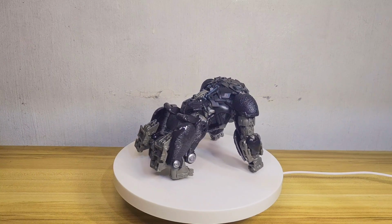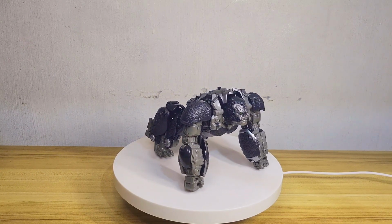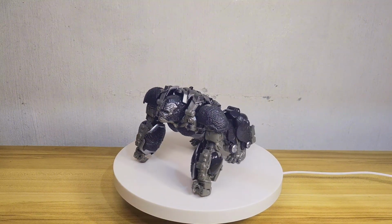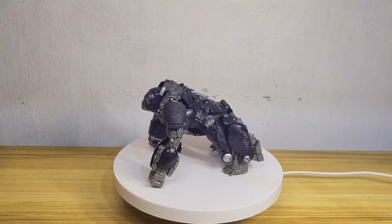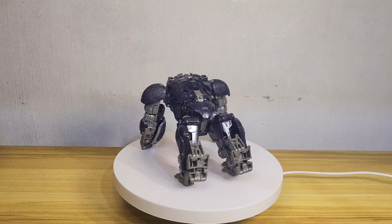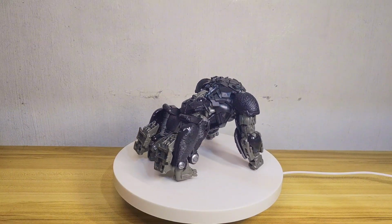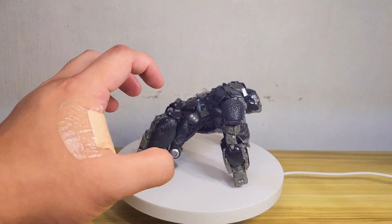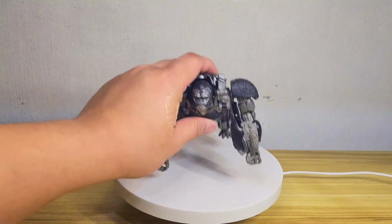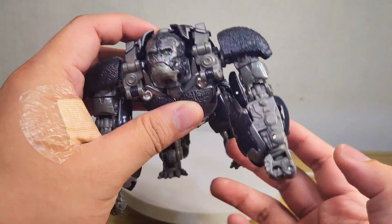I bought it from a collector who sold him as a set: Primal, Rhinox, Mirage, Eraser, and Battle Trap. Those five figures were less than $100, so I bought them. Unfortunately, they didn't have any boxes with them, but they came in complete except for the portal, the key that they were fighting for. I forgot what it's called. I'll just put it here. But anyway,